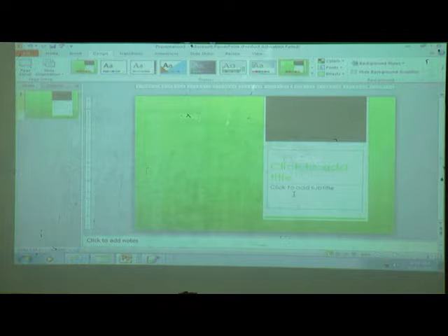Why? Because this is our first slide. You can take the first slide as a blank slide also. But if you take a blank slide, then where can you add the title? That's why you must take this slide. Then you can add title also and you can add subtitle also. Clear?